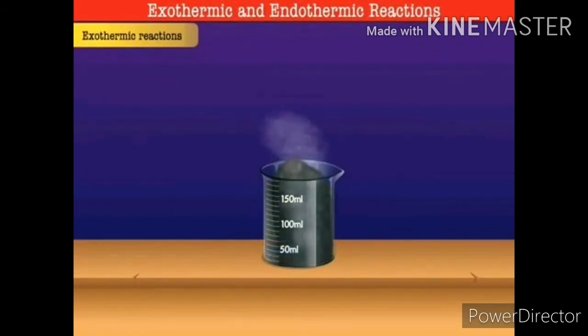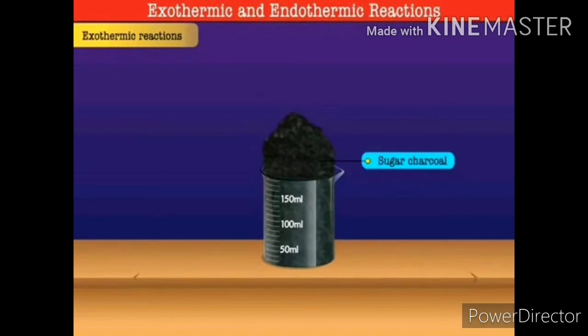Stand back and observe. Sugar starts changing color and finally turns black and rises in a column, releasing steam and a pungent smelling gas. The black mass left behind is sugar charcoal, a form of pure carbon. This dehydration process is a highly exothermic reaction, turning water content into steam.